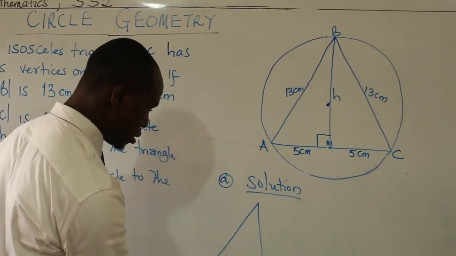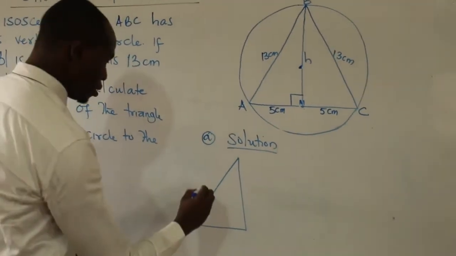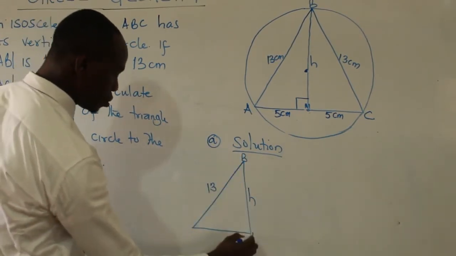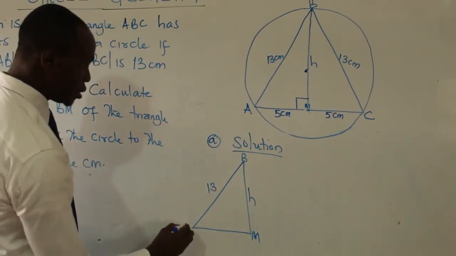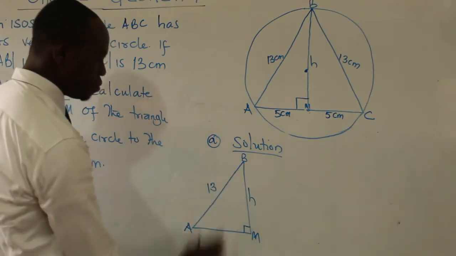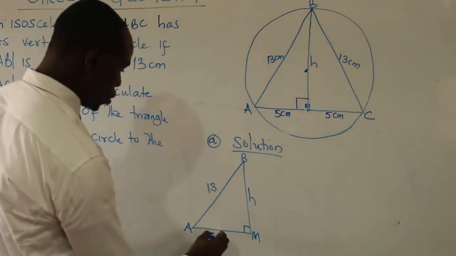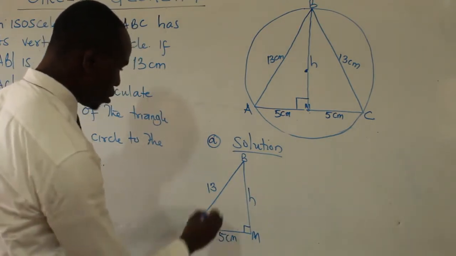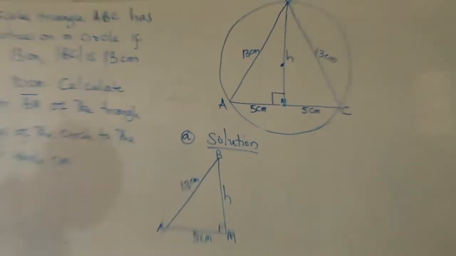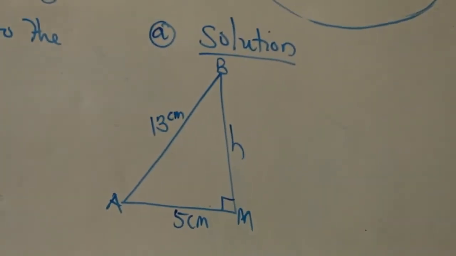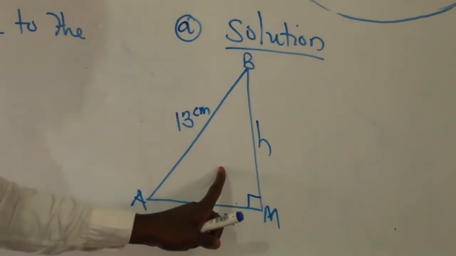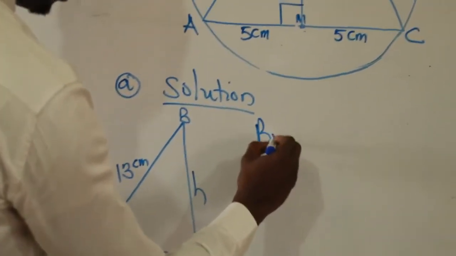It looks like this. This is 13. This is H, which is the BM that I'm asked to find, and this is my A. So we're asked to find BM of this triangle. This is also 5 centimeters, and this is 13 centimeters. So in order for me to get H, I have to use the same Pythagoras theorem that we have used before, because this is still a right angled triangle. So I write, by Pythagoras theorem,